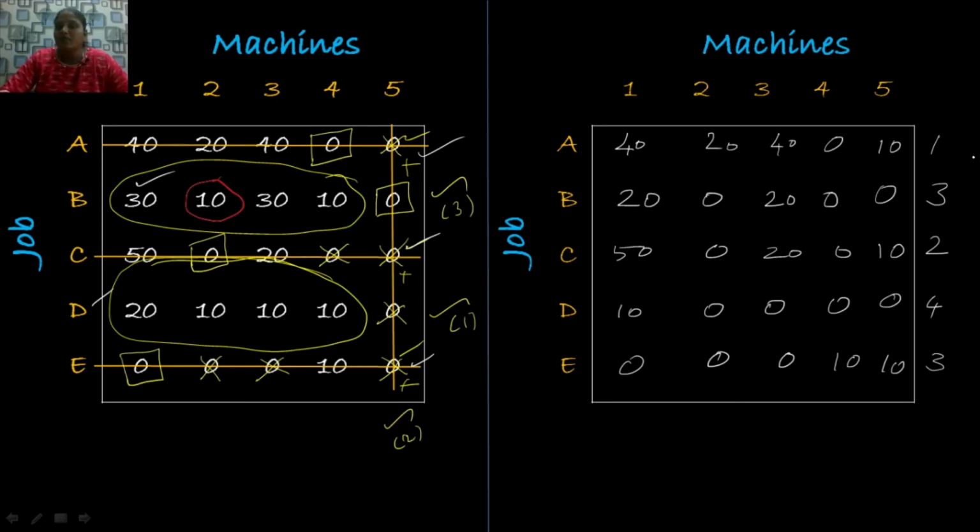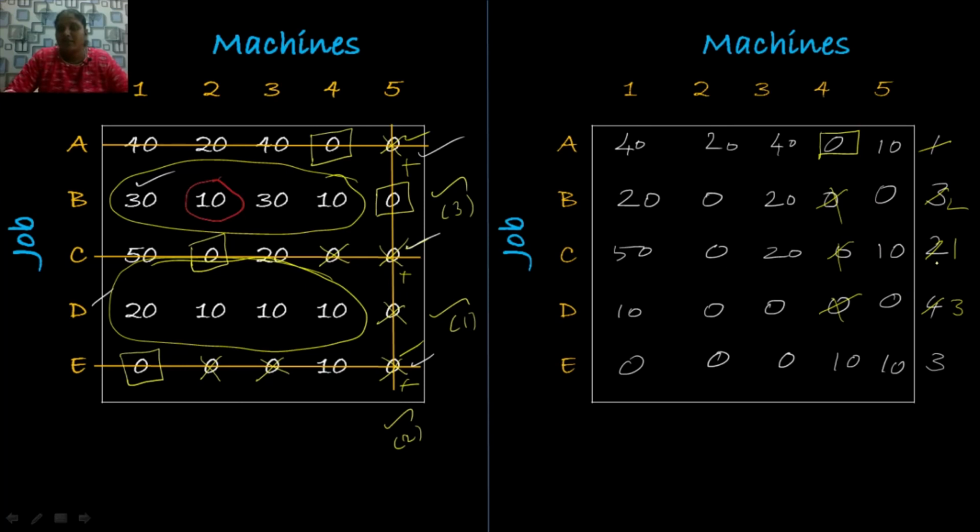I am going to give first preference, or make the first assignment, in the first row since it has only 1 zero element. Now I am going to make an assignment at this position. After making the assignment, cross the remaining zero elements in the same column and also row wise. So here we have 2, 1 and 3 zeros left remaining.